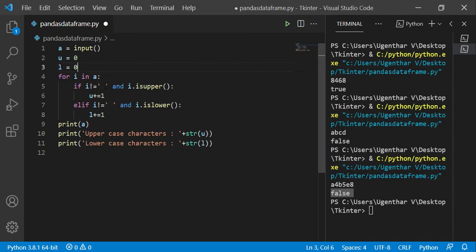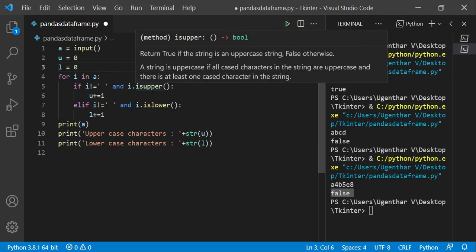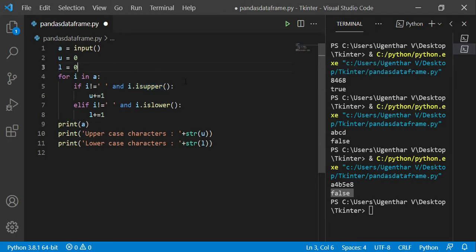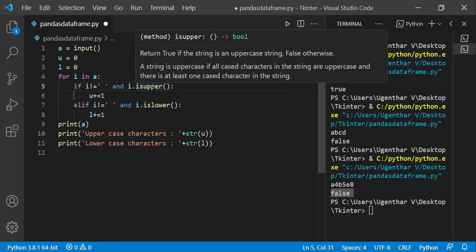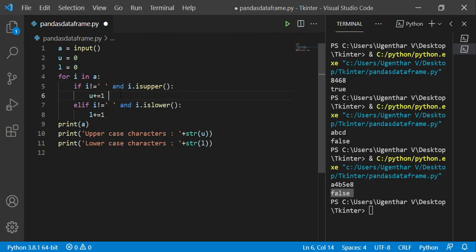If i not equal to space, because we should not consider the space, and i dot isupper, this isupper function returns true if the character is upper, and if both conditions are satisfied, the count of uppercase will be incremented. Else if i is not equal to space and i islower, a function which gives true if the character is lowercase, and if the condition is true, then it will increment the lowercase count, that means l plus equal to 1.